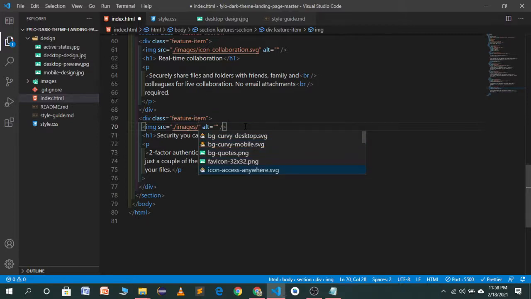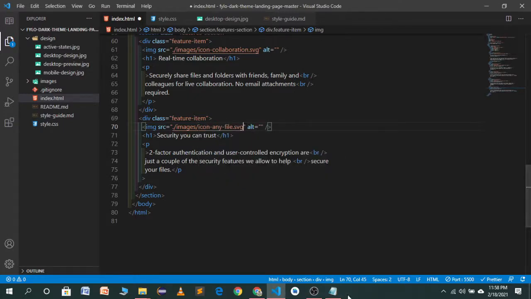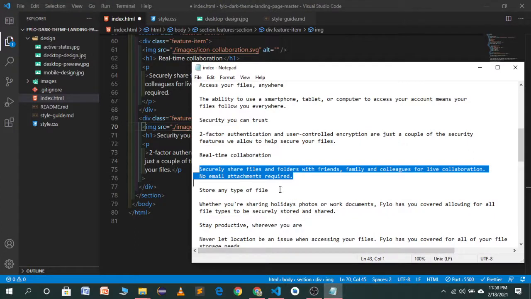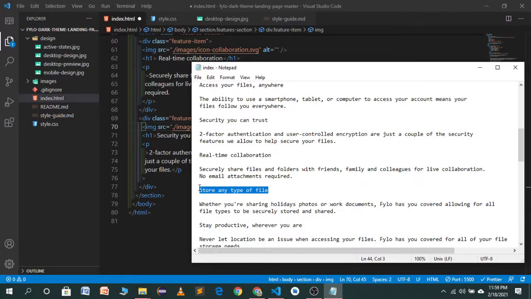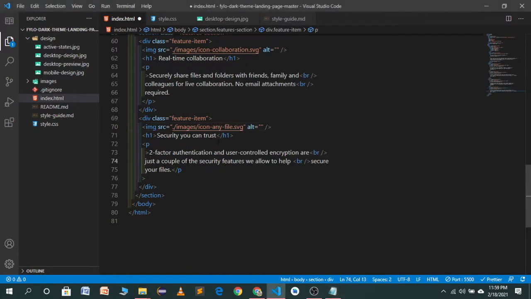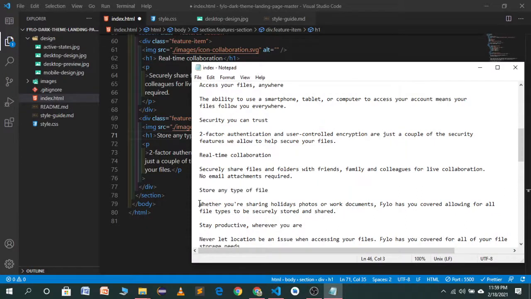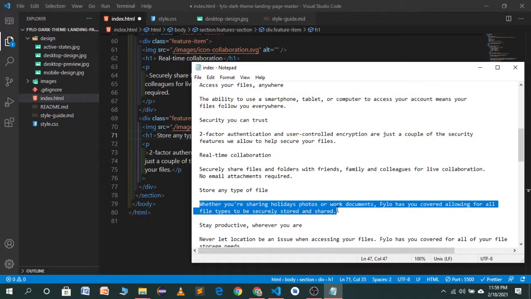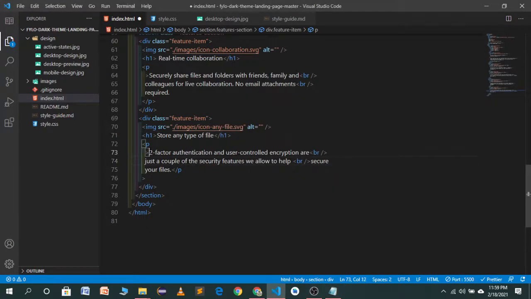Store any type of file, any file, this is here. Now I will copy the heading and paste it. Now you can pause this video and copy the text and follow this build. Now I will copy the paragraph, and now I will paste it here.